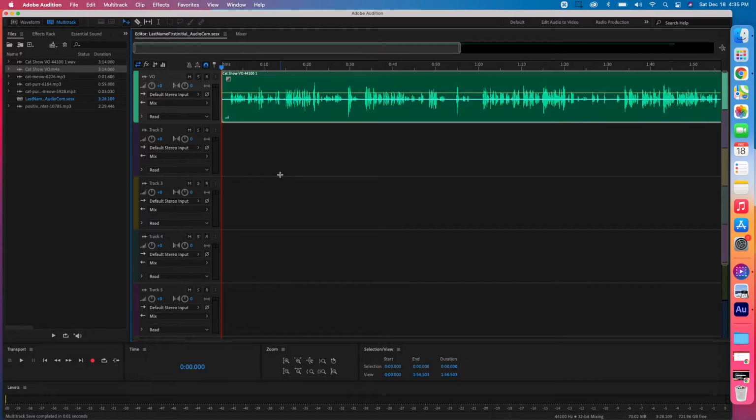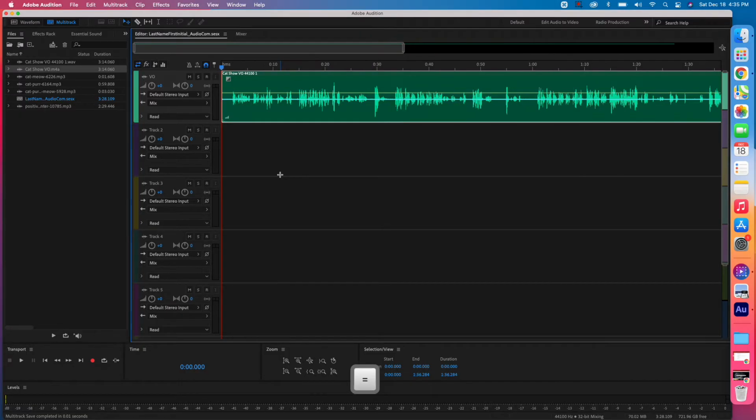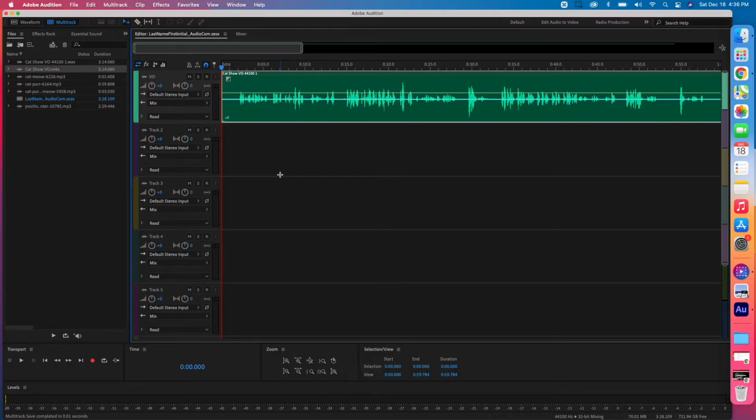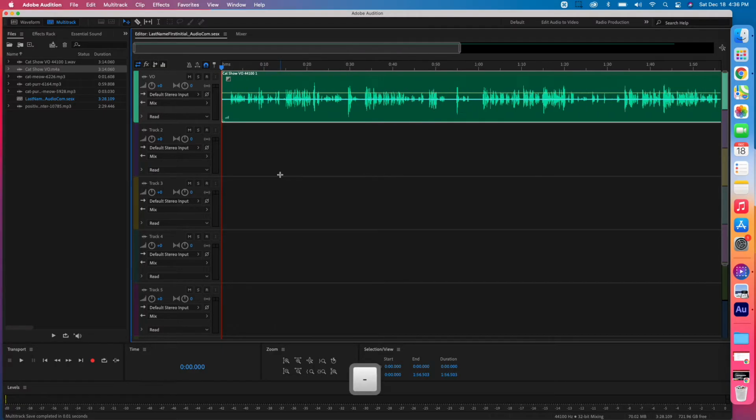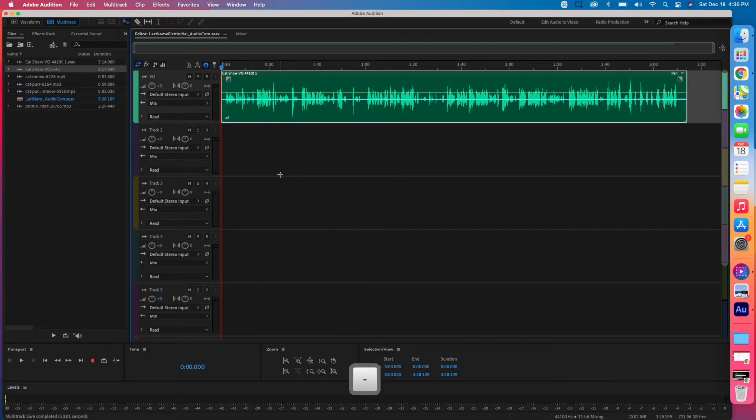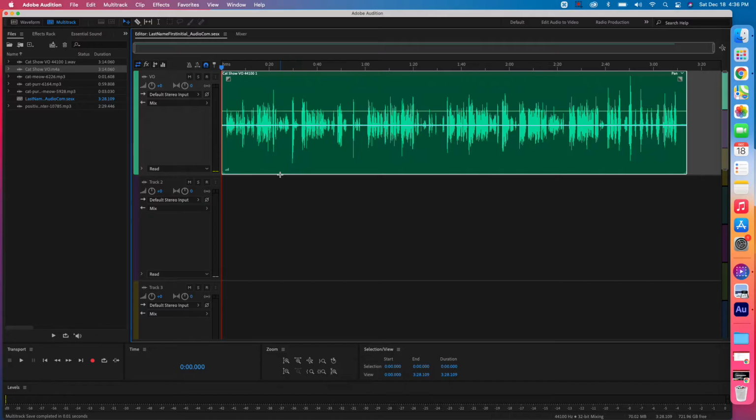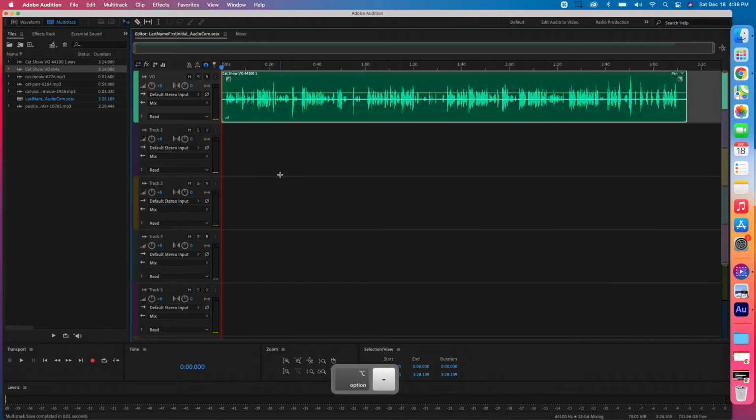Along the top row of keys, horizontally left to right, at the end of the 0 key, there is a minus and there's a plus. The plus also has the equal symbol on it. If you wanted to zoom in horizontally on your track, you could hit that equal key that has the plus on it, and it will zoom you in horizontally. If you hit that minus key to the left of that equal plus key, it will zoom you out horizontally. If you want to zoom in vertically, you hit your Option key and then hit the plus, and it will expand your track vertically so you can see more of the waveform. And in contrast, you can hit the Option key and the minus key to zoom out to make it smaller